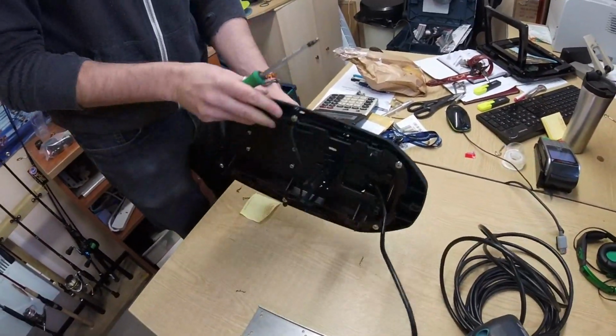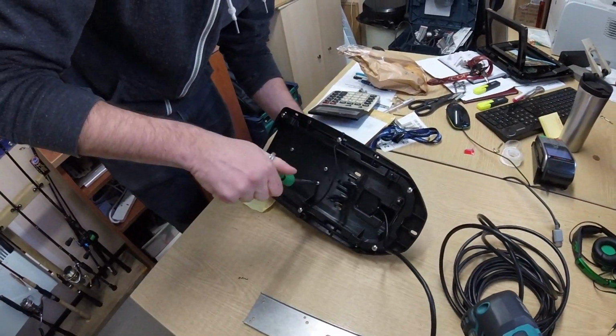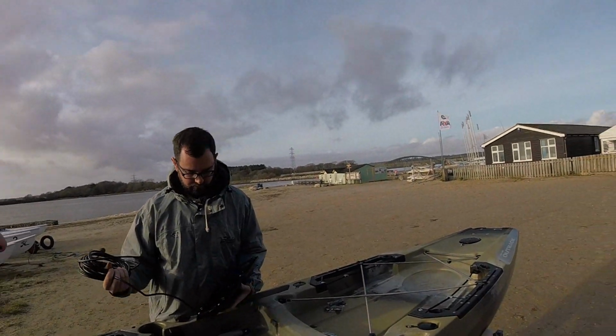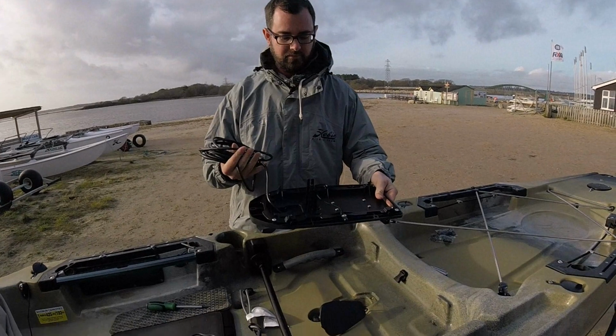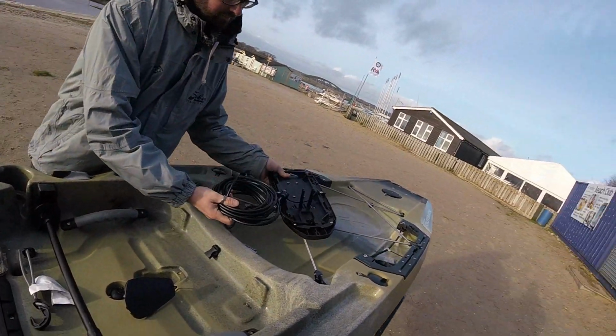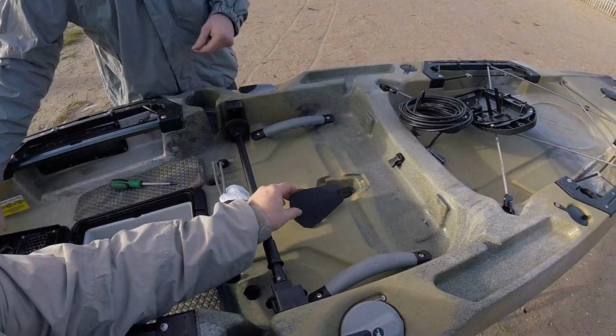There we go. Excellent, looking good. All attached. Just tightening up the bolts going into the transducer. Kris has attached the transducer to the Guardian, and you can see it's all screwed in there, and we've got the bump pad on the front,